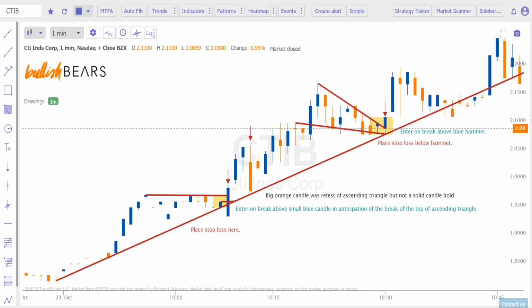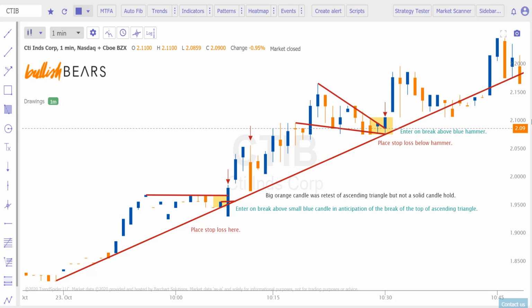And you'll see that big orange candlestick 3 minutes later came right back down. It retested and it held, and then it continued up. So that was your entry on the anticipation of the break of the ascending triangle. Now,